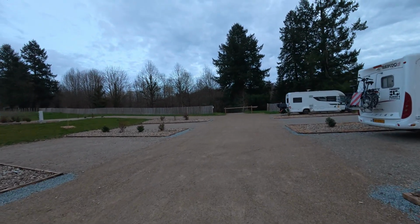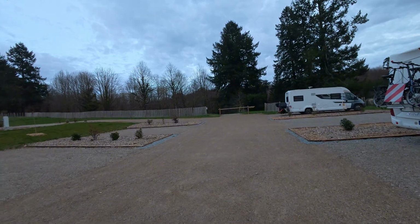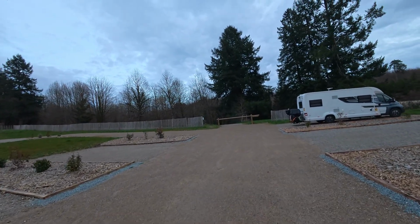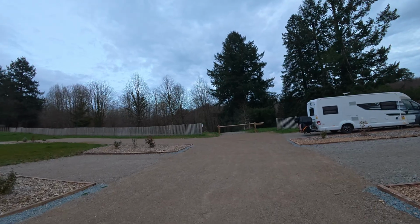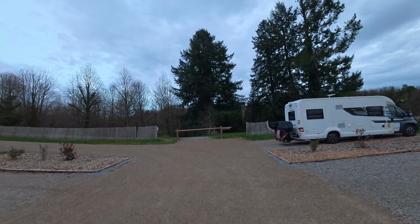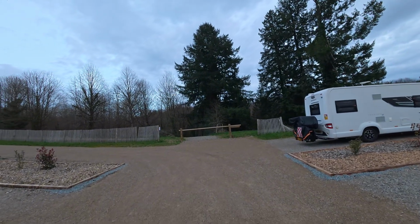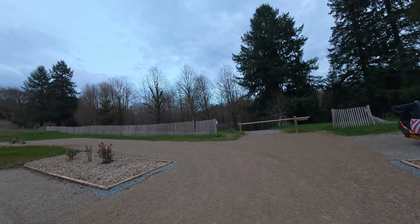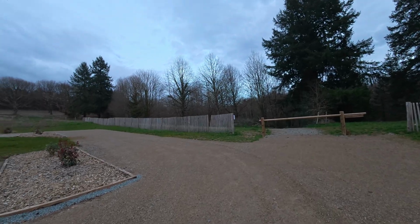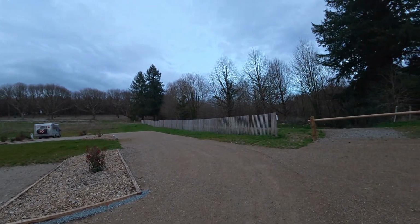So yeah, we're planning on staying here tonight, have an early night, and then we're travelling on tomorrow. Going to be heading towards Toulouse, hoping to get past Toulouse, and then we'll figure out where we're going to stop tomorrow night, and then next morning we're hopping over into Spain. So yeah,